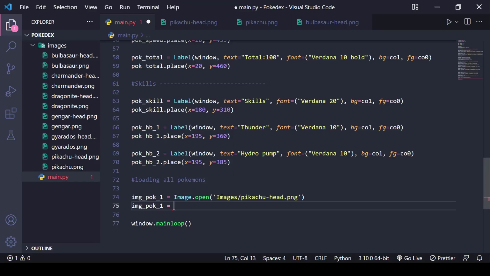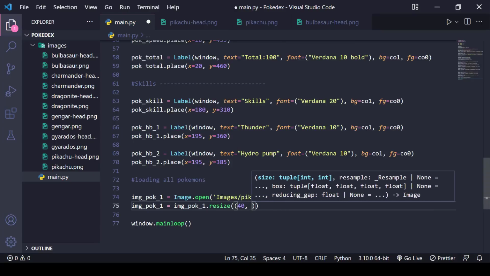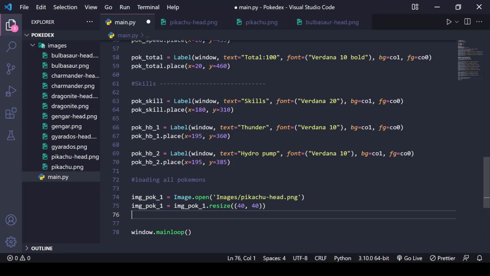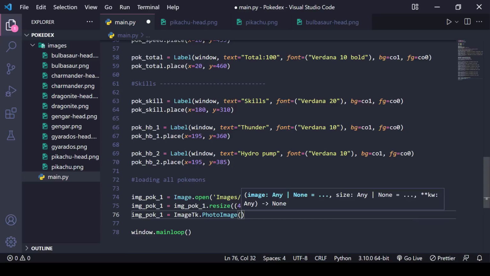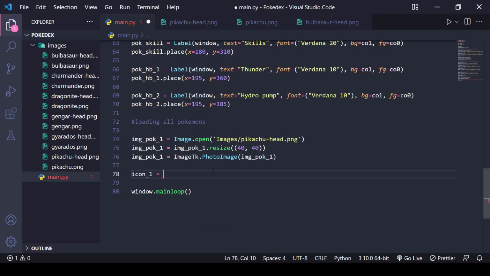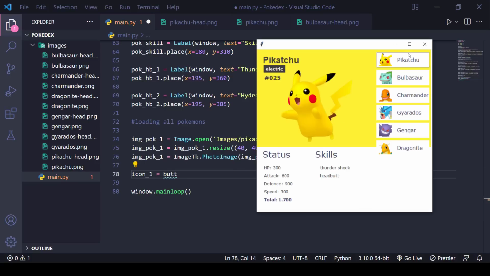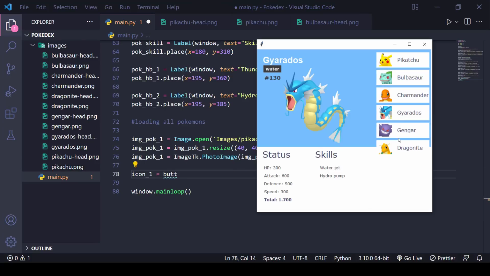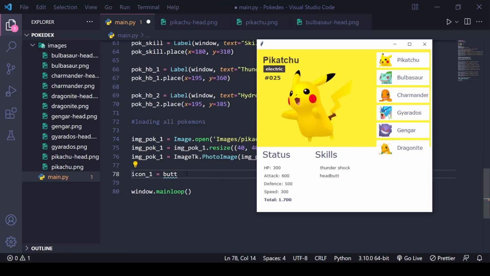Okay, and once we have this thing, it's time to resize, so just give image Pokemon 1 equal to image dot resize and just give 40 width and 40 height and load this thing. So just give image 1 equal to image tk dot photo image and we need this image 1. So just give icon 1 equal to, that's actually button, because when you're clicking on the button it is actually changing the things for us. So this is actually a button. So we need a button